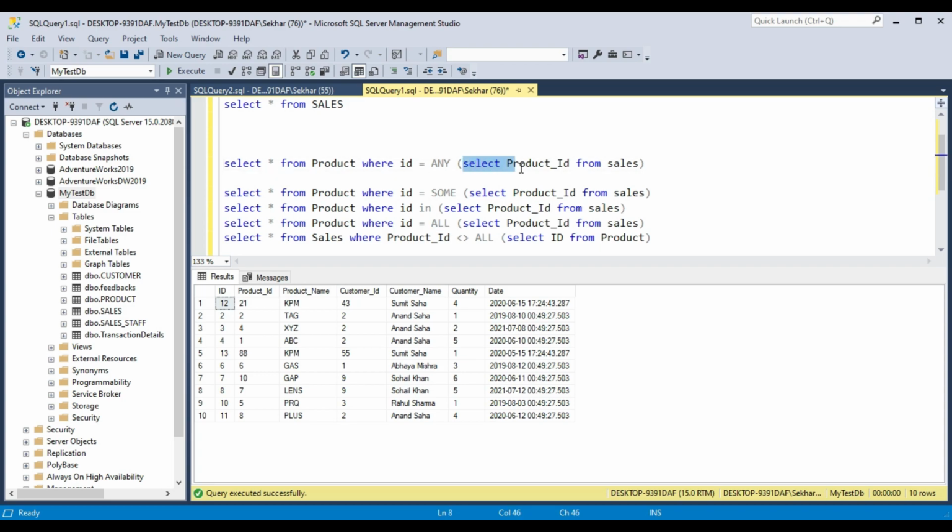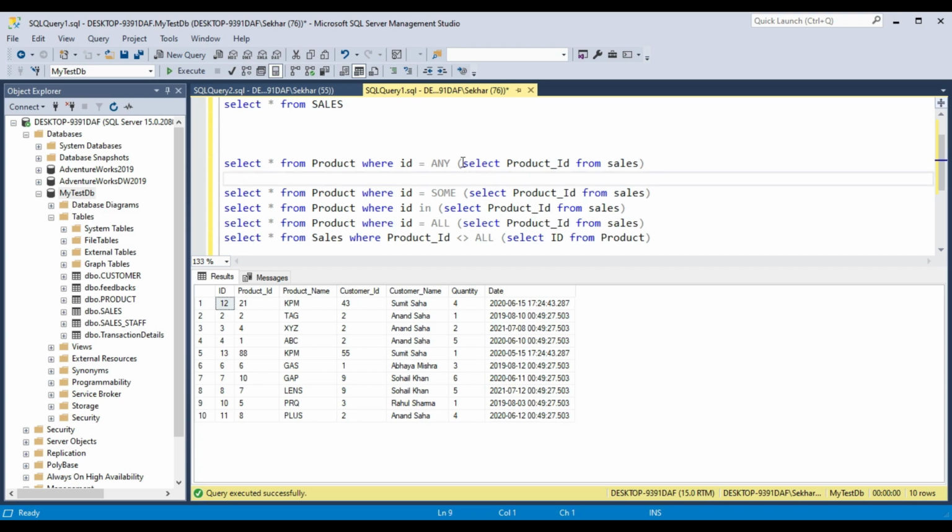What happens is the inner query and outer query run independently. First the inner query runs and fetches a set of values, and passes the values to the outer query, then the outer query runs and gives us the result. This is how a subquery works. There are some instances in which the inner query and outer query are interdependent, so to run the inner query, it needs some input from the outer query. That is what we call a correlated subquery, which we will see in my next tutorial. In this tutorial we will only talk about subqueries.